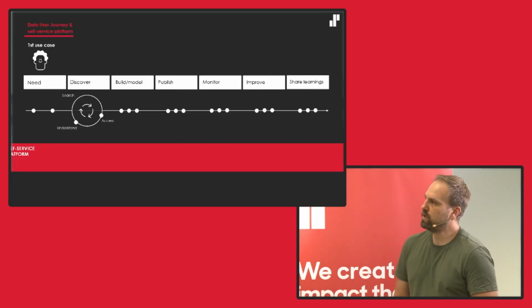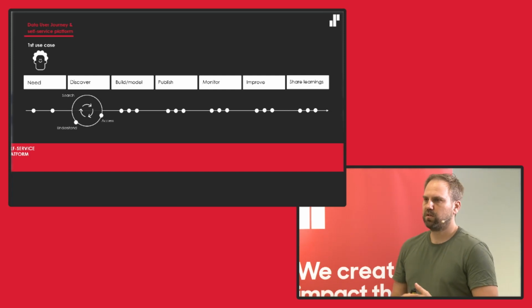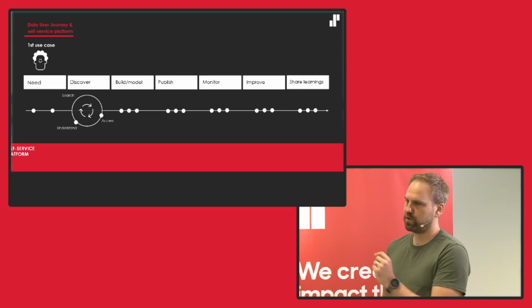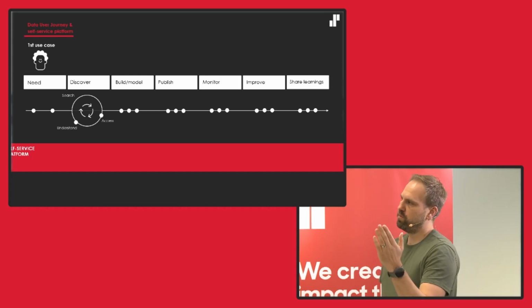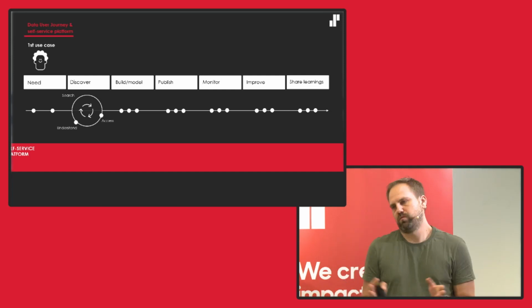So we have the same journey that we had, which is the hypothetical journey. That's the skeleton. We also have, which is not shown here, the skeleton of the platform. And now we're going to make the skeleton walk. And how do we do that? We take the first use case, and we have the user for the first use case. And we make that use case go through this journey, and we build it from scratch, for example.